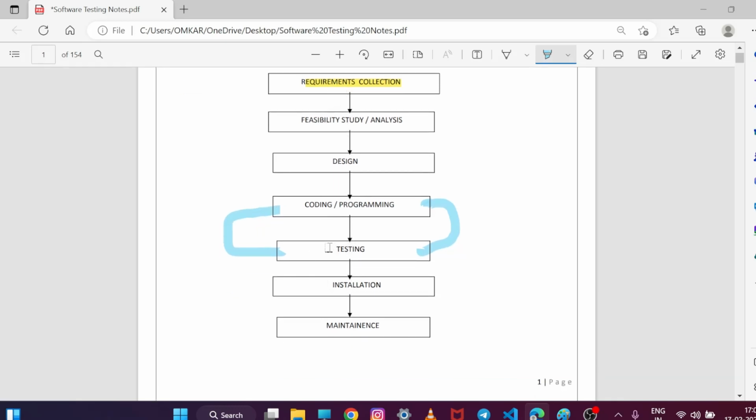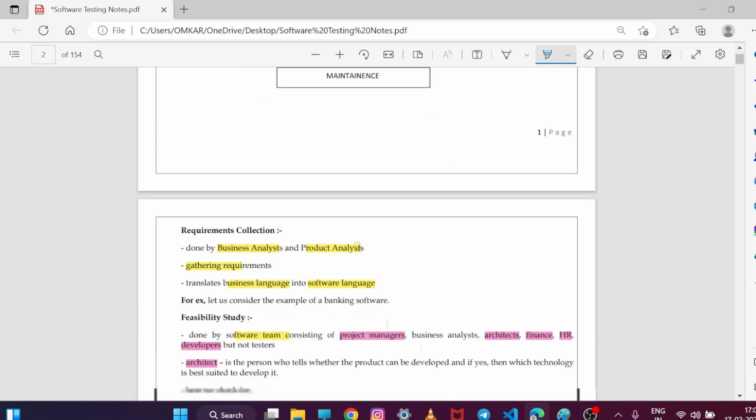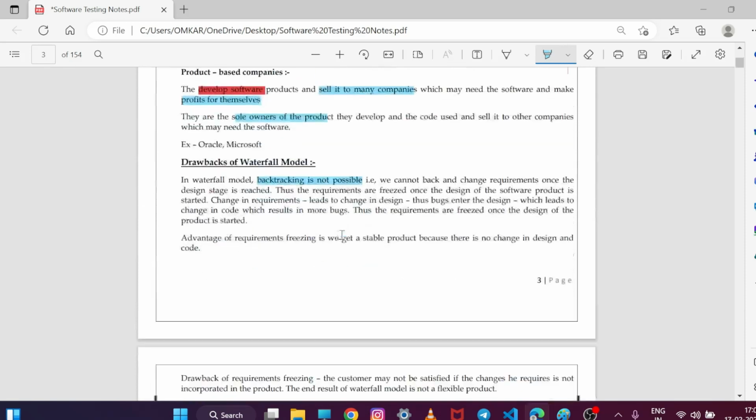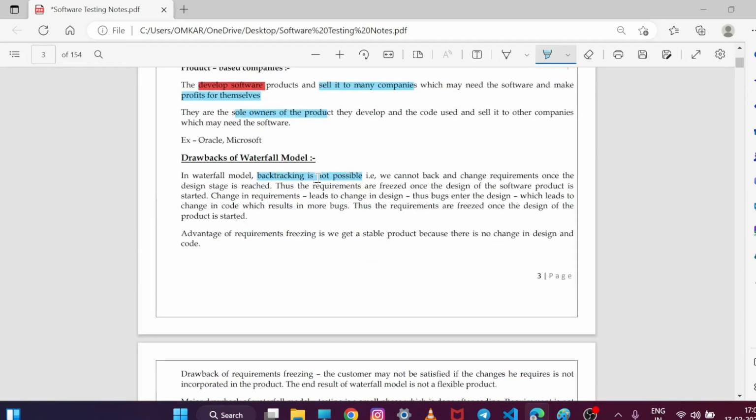So this is the main drawback. Backtracking is not possible, that is, we cannot go back and change the requirements once the design stage is reached.